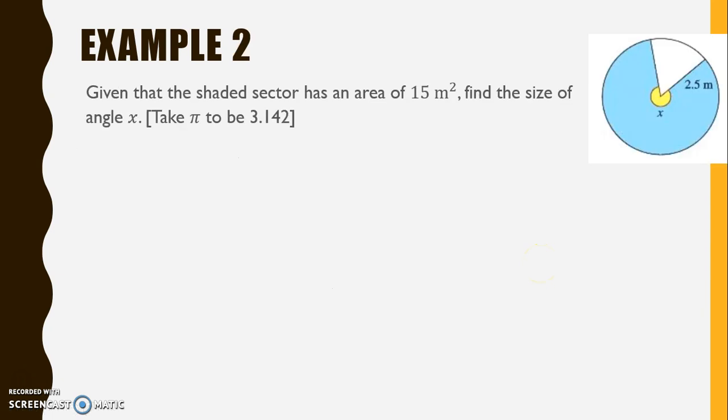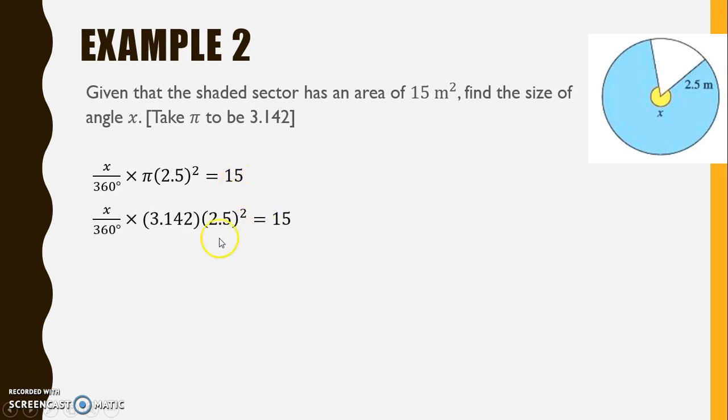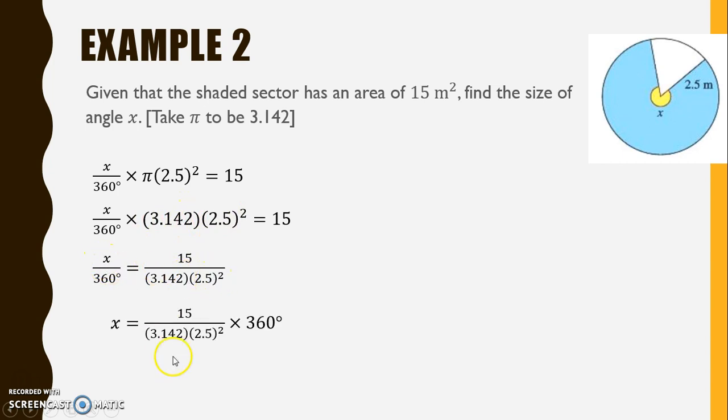What happens if now I give you the area of the sector and I want you to find the size of the corresponding angle? This is not difficult. Simply apply the formula x over 360 times pi r squared, where r is 2.5, and this squared equals 15. Slowly plug it in and then slowly manipulate. Substitute pi to be 3.142. To make this the subject, I divide by 3.142 and 2.5 squared, and to find x, I multiply by 360, and this will give me x equals